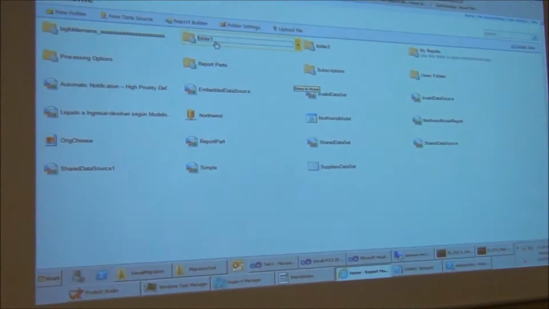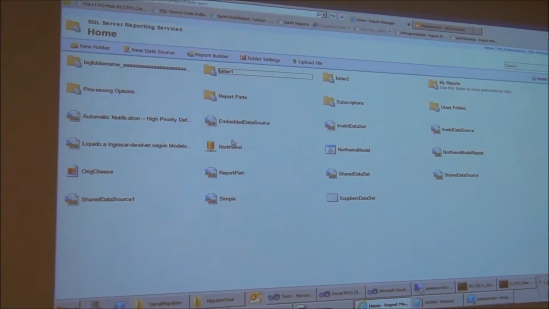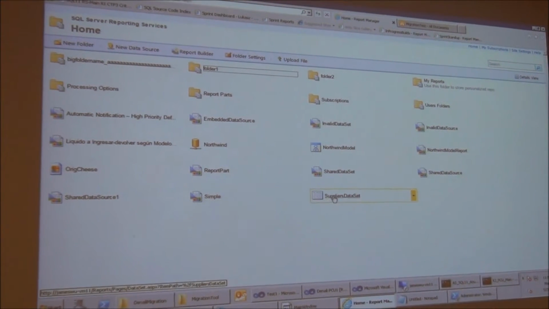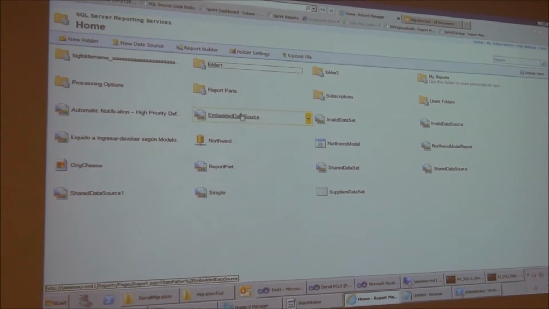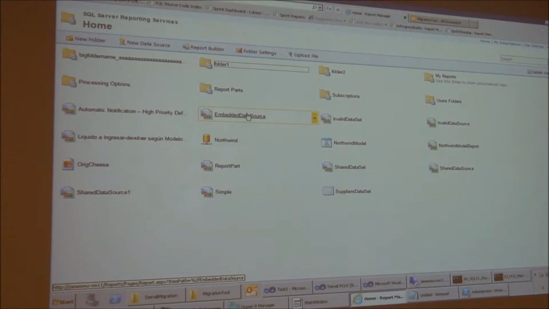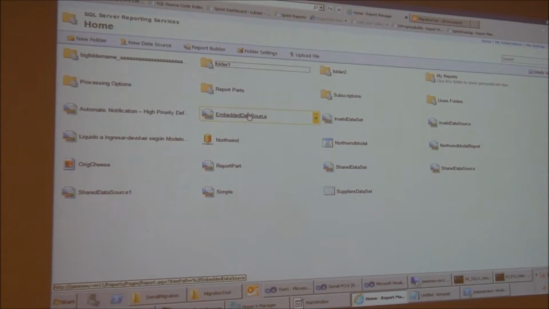Sure. So this tool is really designed for migrating reports and other reporting services related artifacts from a native mode report server to a SharePoint integrated mode report server. Here we can take a look at Report Manager, and you can see we have some folders here. We have some reports, some data sources, and some shared data sets, and we have reports within these folders. If I'm a reporting services admin, this will be very familiar to you, right? And our goal is to migrate these reports and other artifacts to a SharePoint mode report